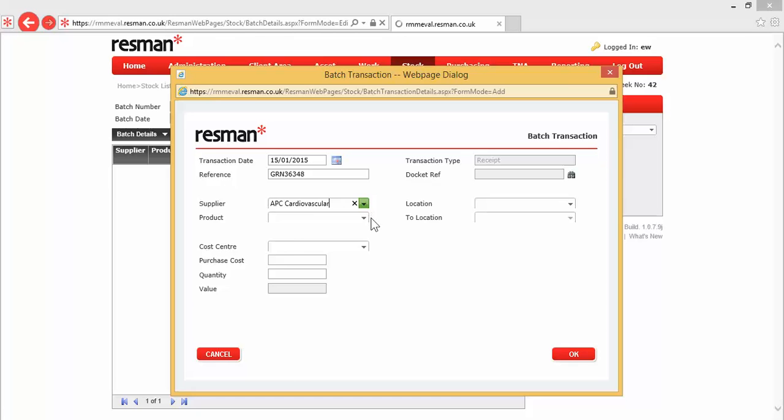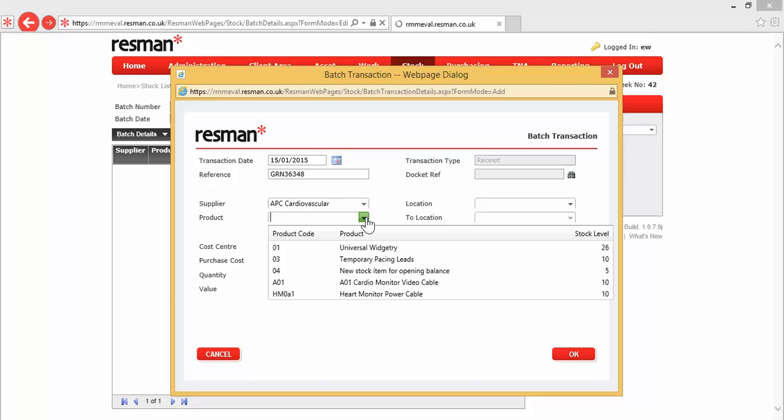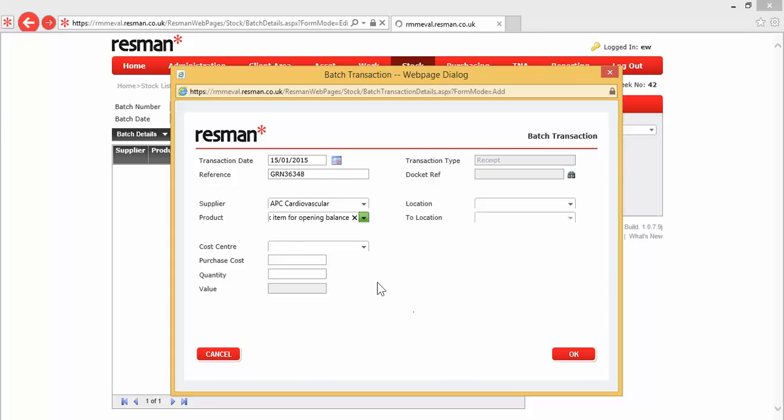Selecting that before the product gives us a filtered list, and that's the item that we're receiving stock on, which is a new stock item for opening balance, and as can be seen, our stock level is down to 5. So we select that. That gives us the cost center and our purchase cost. The quantity that we're going to receive is another 5, so I'll put 5 in, and when I tab, that